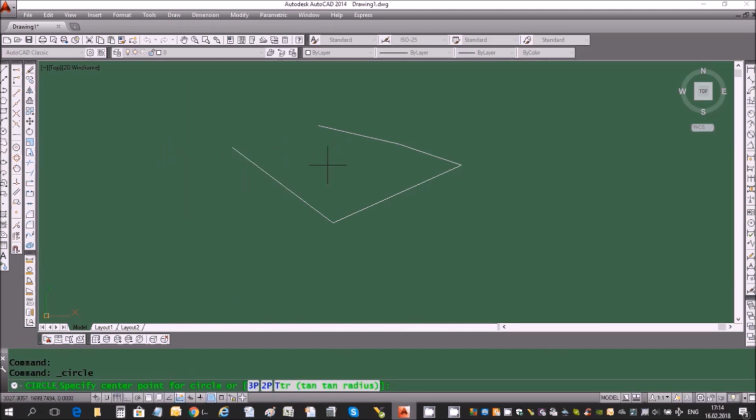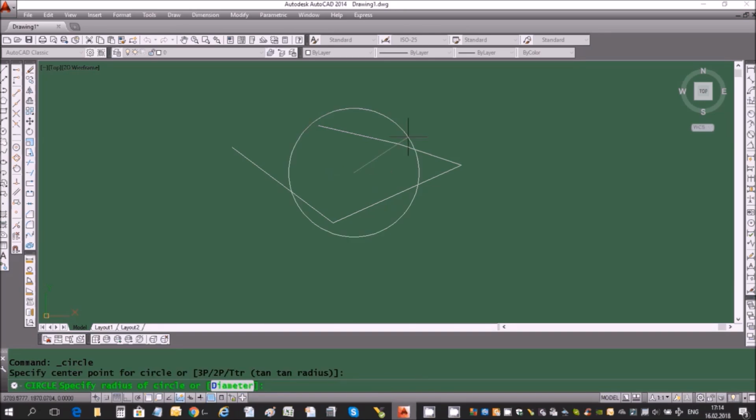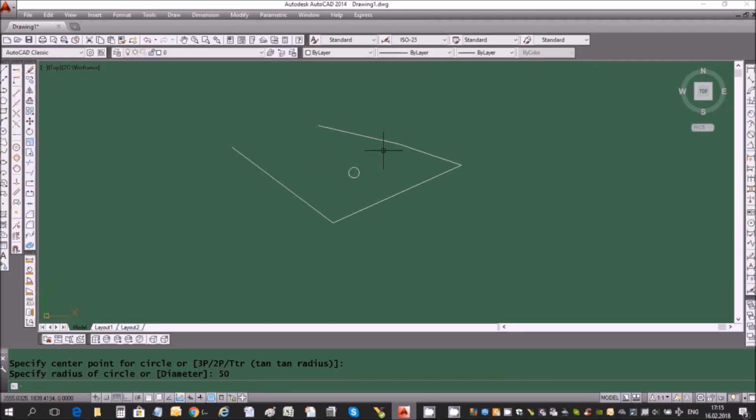From menu Draw, choose command Circle and then select option Center, Radius, and then left click in the drawing area to set the center point of the circle, and then specify the radius. Write radius 50 millimeters in the command line and then press Enter. From menu Modify, choose command